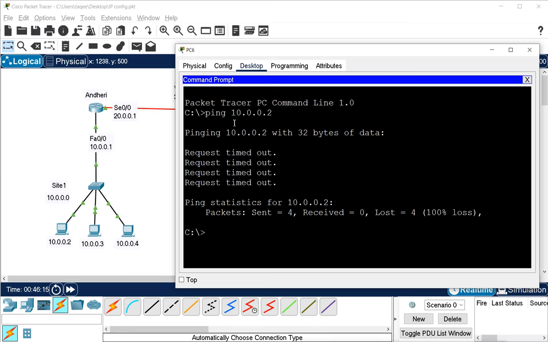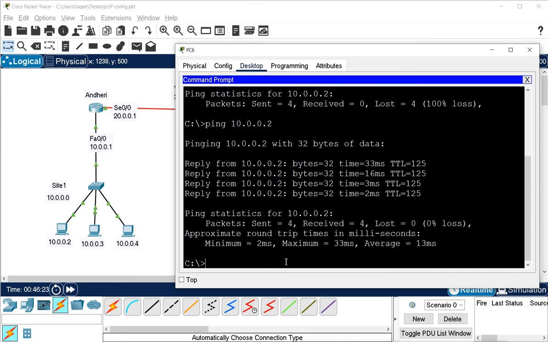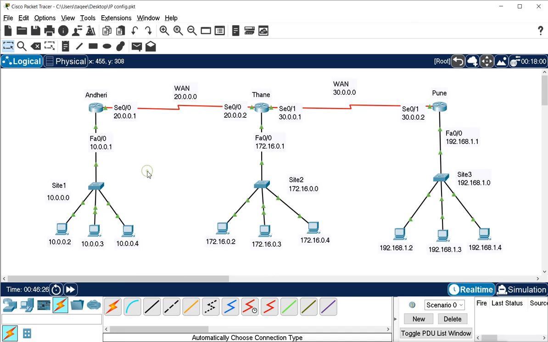From this side, when I tried, it was saying timeout. Now when I try to ping, we get the reply again. This is what static routing is. I added only one router here, on one side, and had to configure three here. So you see how much configuration I have to do. I have to configure this router, then I have to configure all the existing routers also.